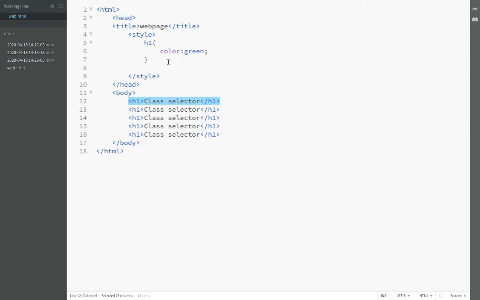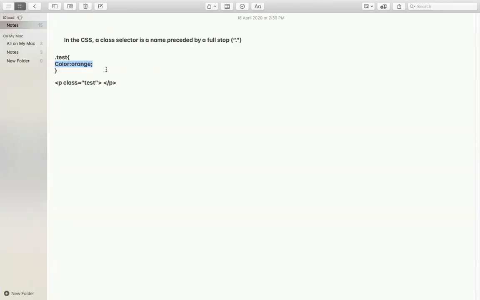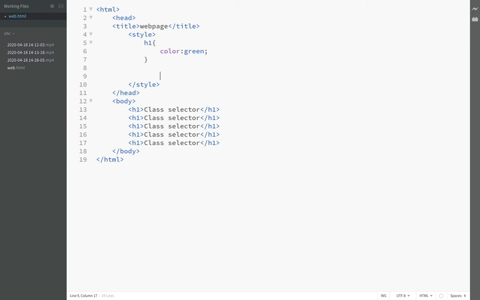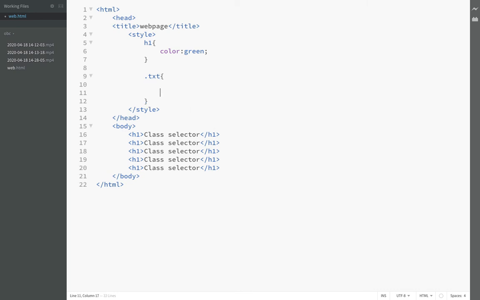So as I said just now, you can define a class selector like this. You can give any name, and you can give the properties like this, and you can call the class like this. A name is preceded by the full stop here. We are going to create a class now in our program. The tag selector is already there, let it be there, and I want to create one class. So I want to say txt. You can give any name, but it's better to avoid HTML tag names, you give some other names so that there will be no confusion. I'm giving it as txt, and I want to give color, and here red.